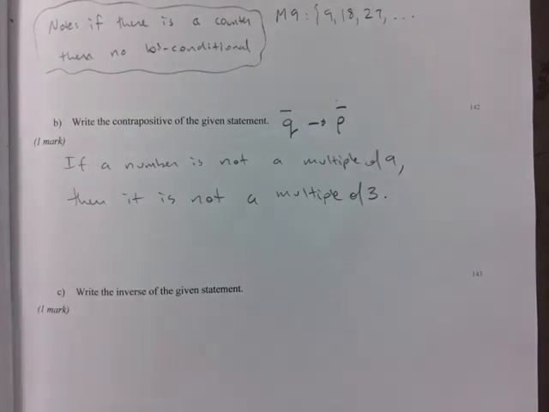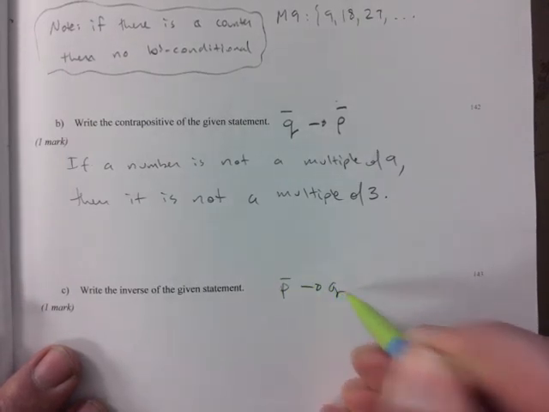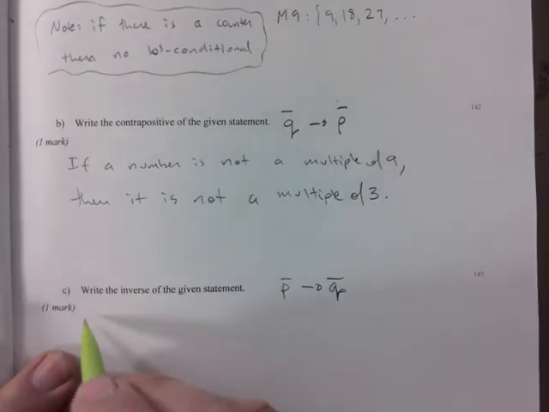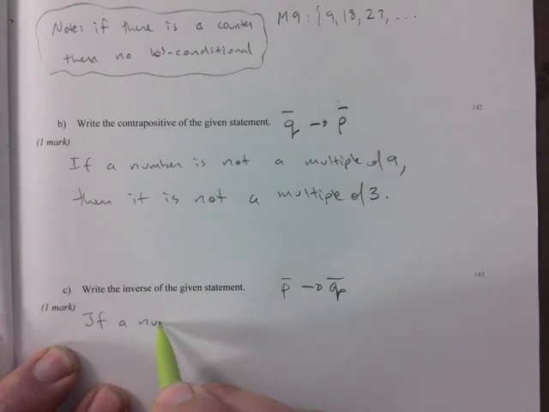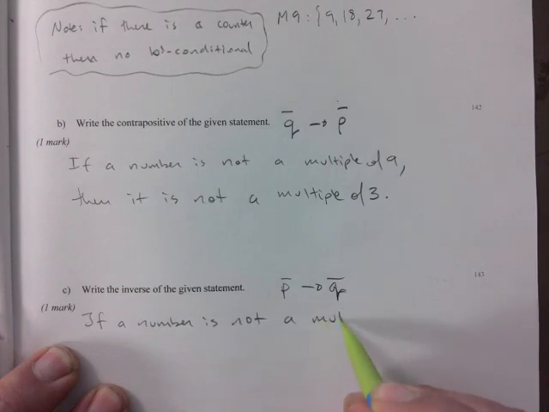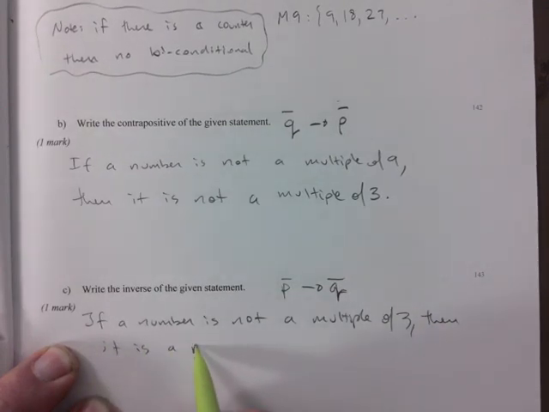Just have that on your study sheet, know where the letters go, and then just rewrite the statement. Write the inverse of the given statement. The inverse is just putting a not in front of P and Q, right? So the order stays, it's just nots in front of them. So if a number is not a multiple of 3, then it is